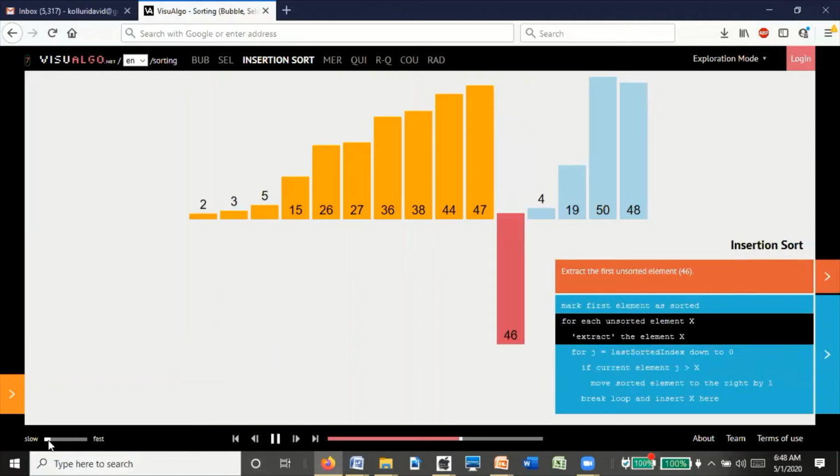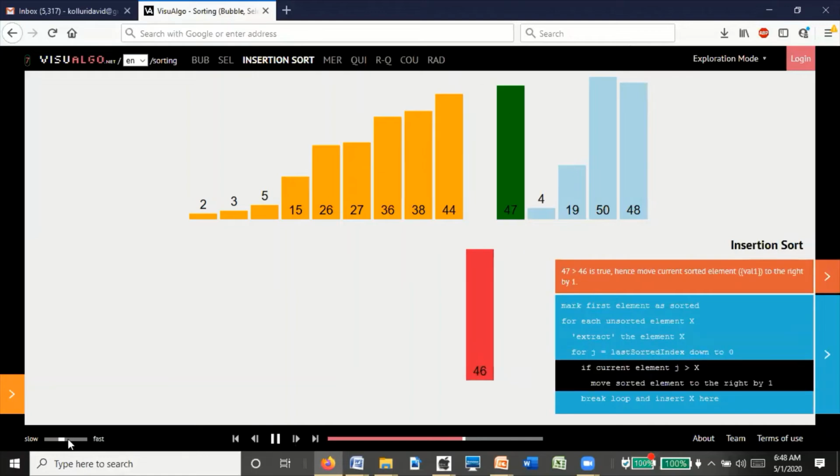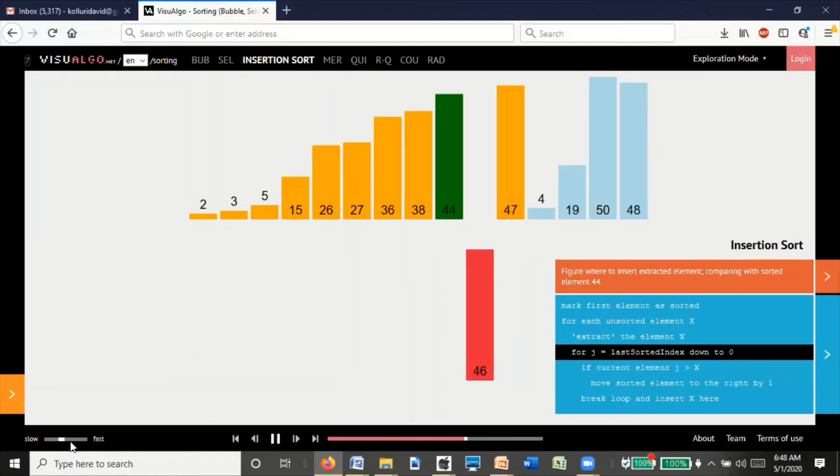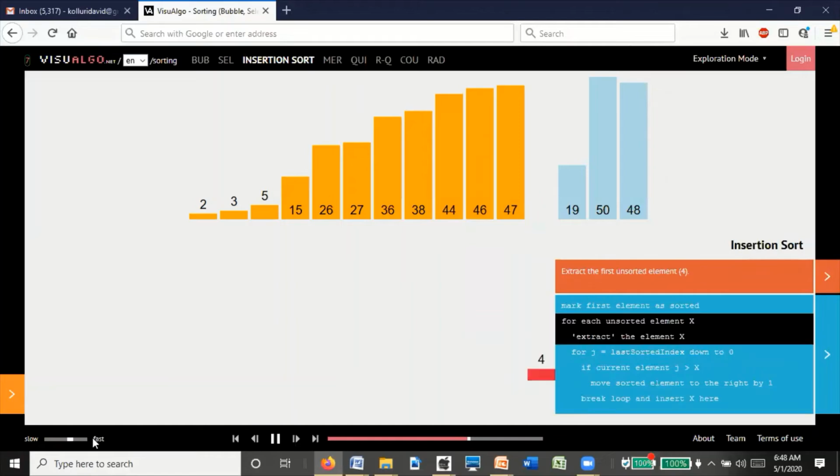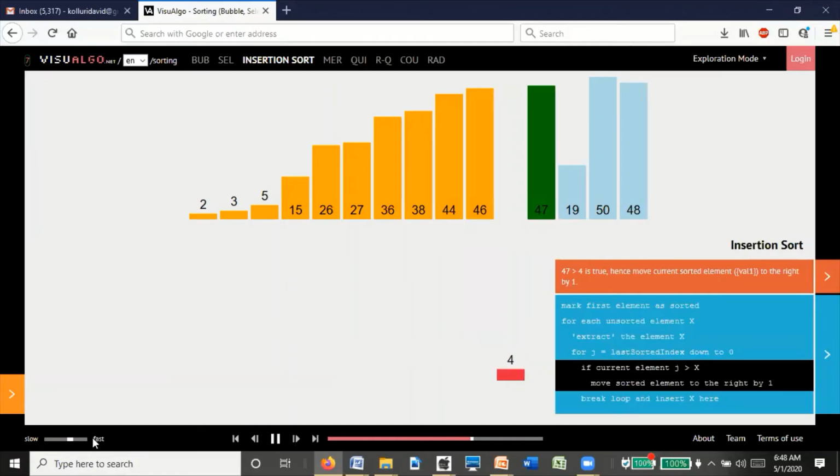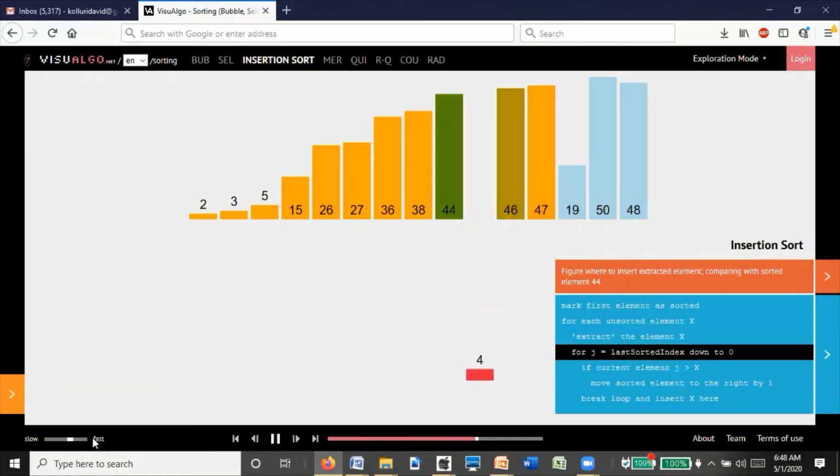So if you continue like this, 4 will be inserted in between 3 and 5.